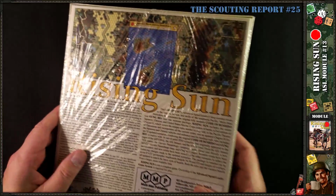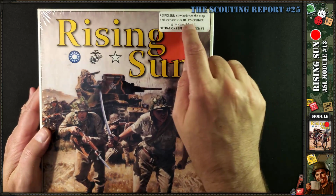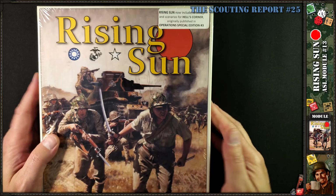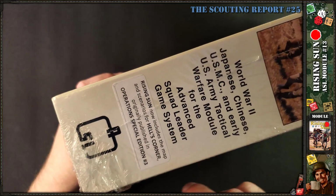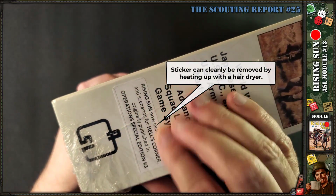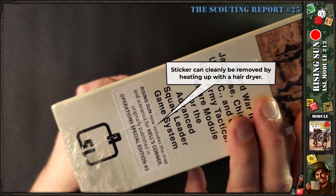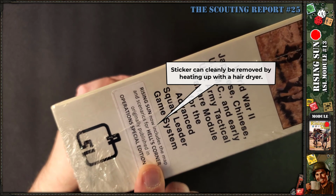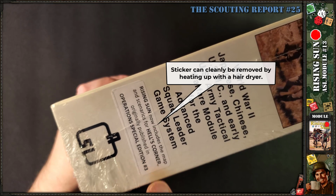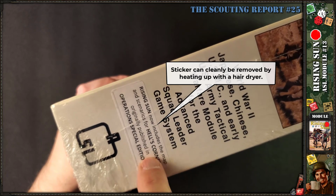One thing I wanted to mention about the box, which I'm a little disappointed with: this sticker indicating that Hell's Corner is included is stuck on the shrink wrap, which is fine. But this sticker here, see if I can squeeze it in here, right here, is actually stuck on the box. I don't know why they did that. You know what it is when you buy it, and it's on the shrink wrap, but they stuck it on the box. I'm going to see if I can get that off after I do this video and take the shrink wrap off. I'll see if I can get it off, and I'll post a bubble note here in the video to indicate whether this will come off easily, because I'm a bit disappointed in that,